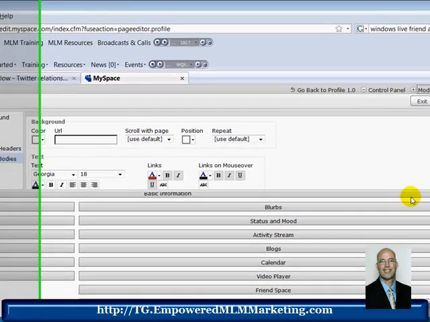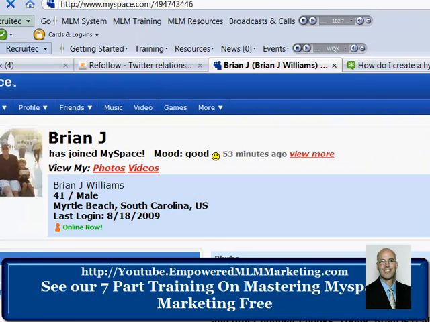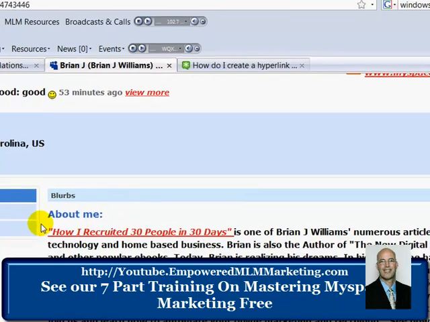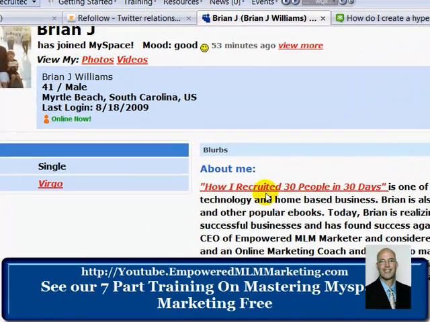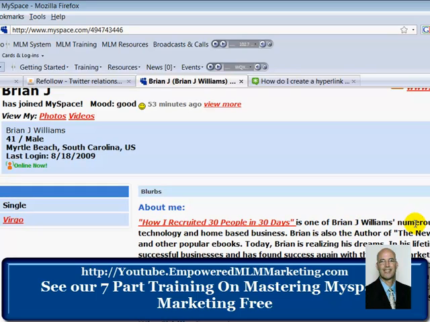And then once you have that done, let's click publish. Okay, you just gotta sometimes work with it. So that's how we want to look. We want to stand out as full screen width our profile is, so we got plenty of room. So now when they come here, bam, that link really stands out right there. Okay, and so we have our first opportunity to get a click through to our capture page. Now we're going to give them a lot of other opportunities down the road using our automated systems, but this is the first chance. Okay, so